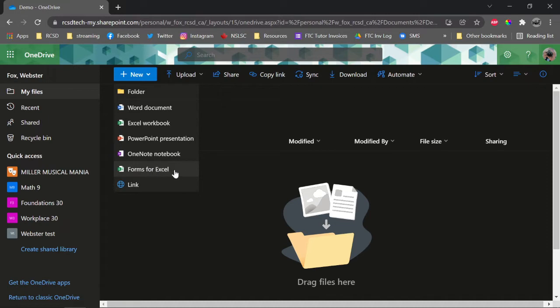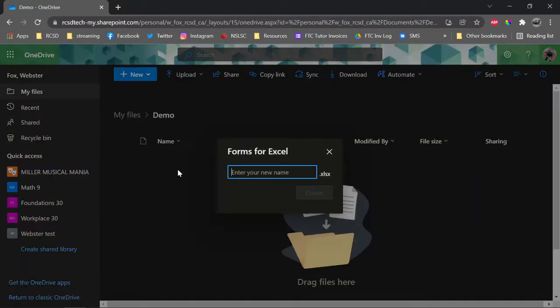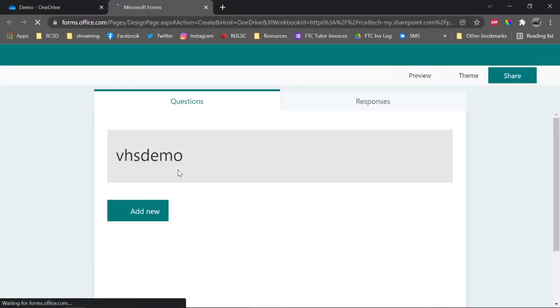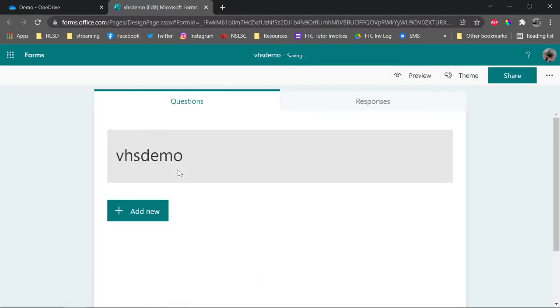And the reason we're creating it from OneDrive is afterwards you'll end up with a virtual Excel document that's online in the cloud, and you don't need to worry about downloading it every time, and it automatically will update with the form. So we're going to click Forms for Excel. You're going to name it. So I'm going to say Virtual Hall Pass Demo, and you're going to click Create. And it should open a new tab and bring you to